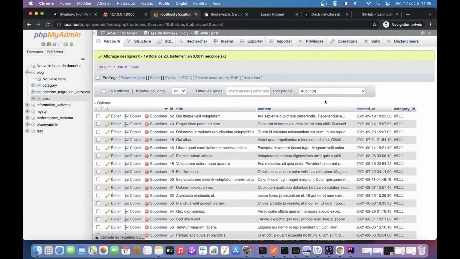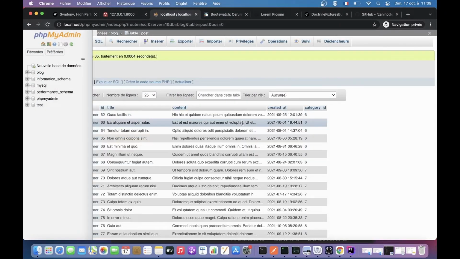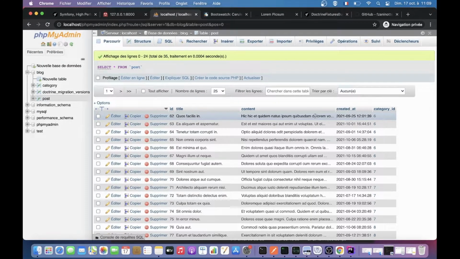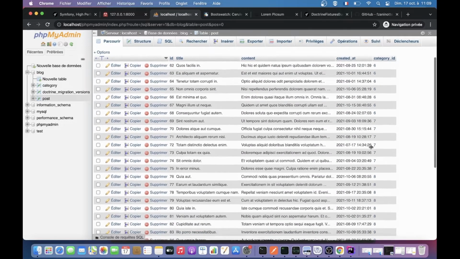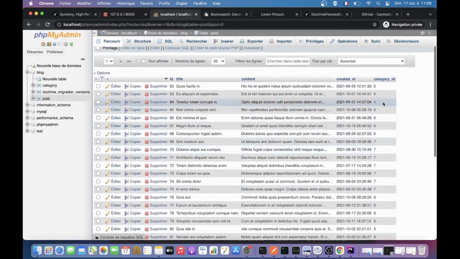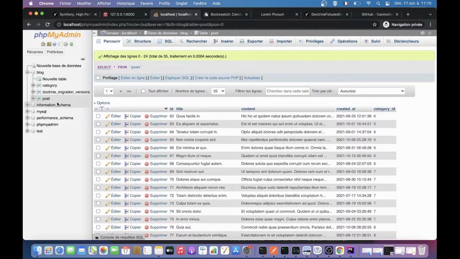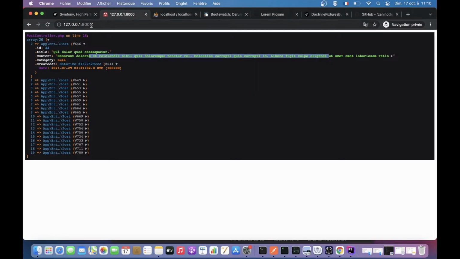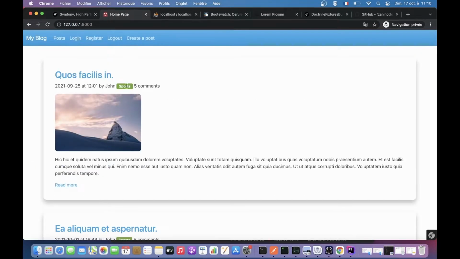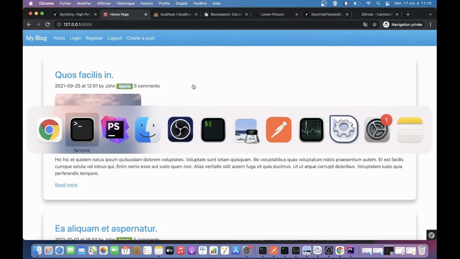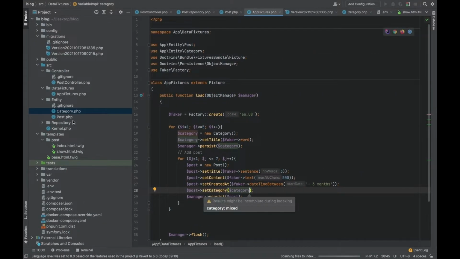And now I'm supposed to have categories here. I will refresh my page, and now this post is related to the category with the ID 6. So for every category we have created 7 posts, as I have said. Okay, and now I can use this relation in my display. So now I have this static category, but now I will make it dynamic